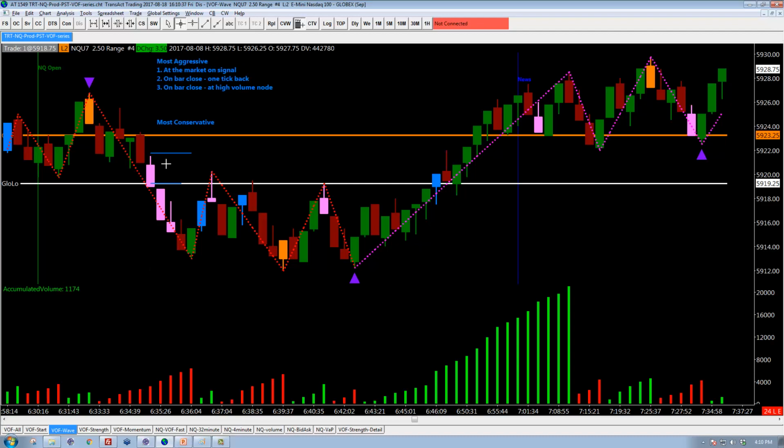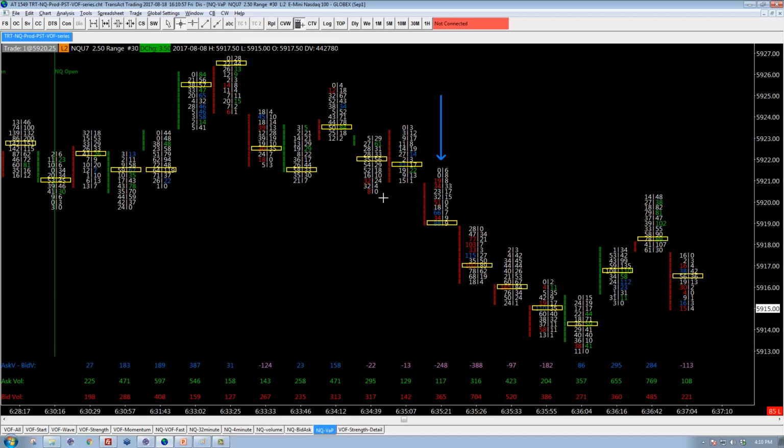The next choice is to wait for the bar to close, but then offer back a little bit more conservatively than just one tick back, or at least offer back in a way that's a tad more intelligent. The way that we do that is we look at the actual volume of trading occurring in the bar and use that to help us make a decision. So to do that, we have to go over to this volume at price chart, which is the chart that uses the numbers bar study. It's showing us where